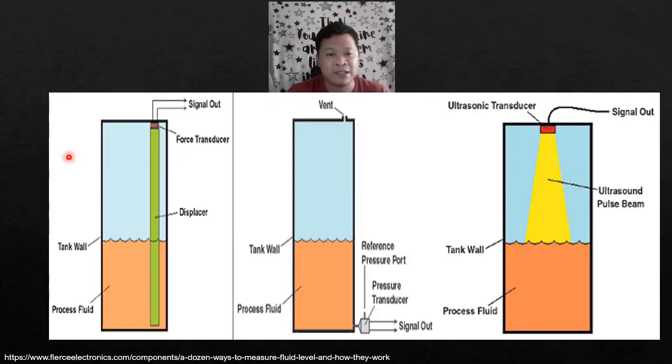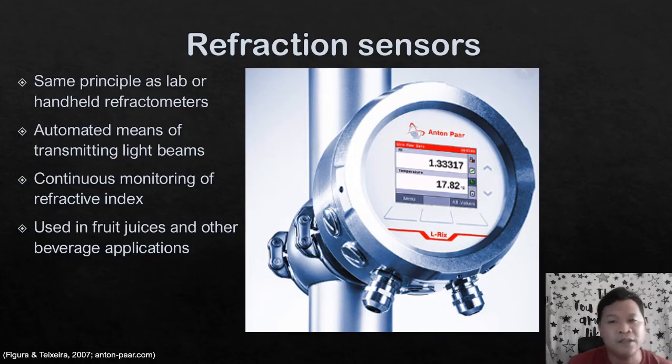So left to right lang, so ito yung dun sa displacer na schematic. This one naman is for the pressure sensor, and this one is for the ultrasound pulse. So itong refraction sensor is just an inline version of our handheld refractometer. Of course, meron siyang parang light measuring device na rin, okay, and it gives you a readout of the refraction